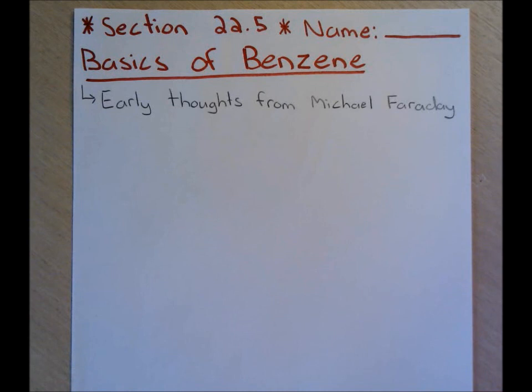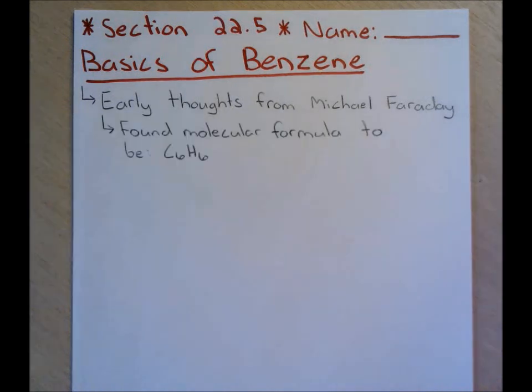And so what he got out of that first isolation of benzene was the molecular formula. And the molecular formula of benzene is C6H6. Now, at the time of the first isolation, it was really hard to figure out what type of structure would have the molecular formula C6H6. So they knew a couple of things. Just based off that molecular formula, they knew that benzene must be unsaturated, or it must have double or triple